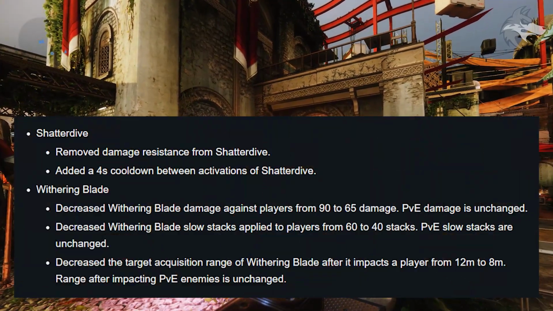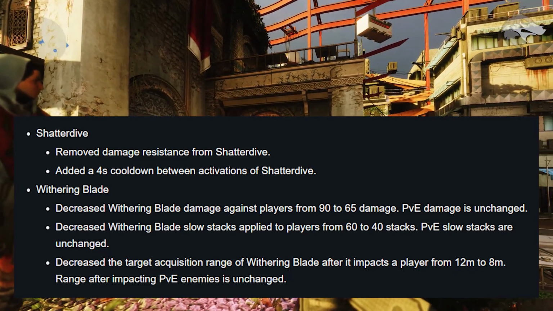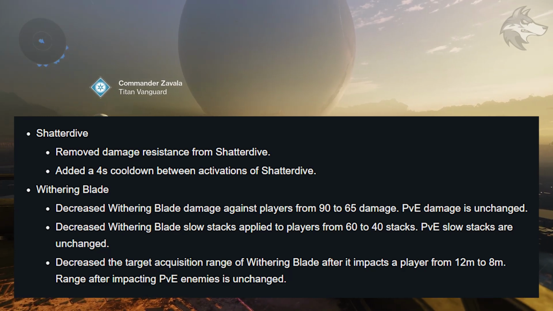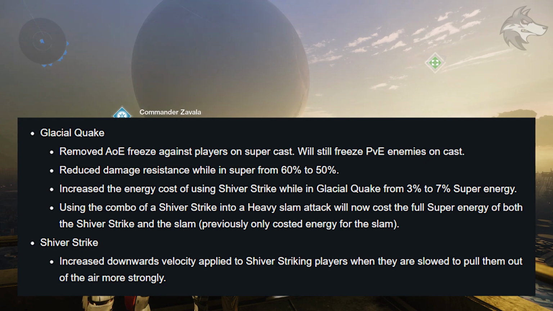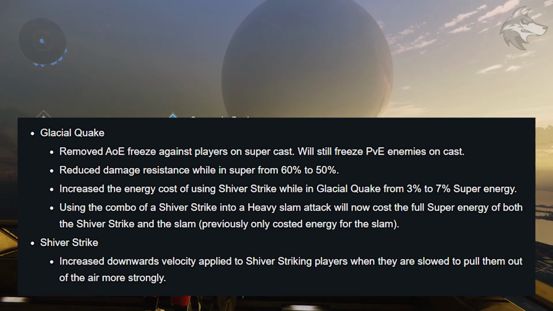So of course they've adjusted Shadow Dive for Hunters, removing damage resistance and increasing the cooldowns, but also a few adjustments to Withering Blade that'll make it generally a bit less effective. Also for Titans, Glacial Quake and Shiver Strike has been adjusted. They've increased the amount of energy cost when using those abilities, reduced damage resistance, removed AoE freeze against players on